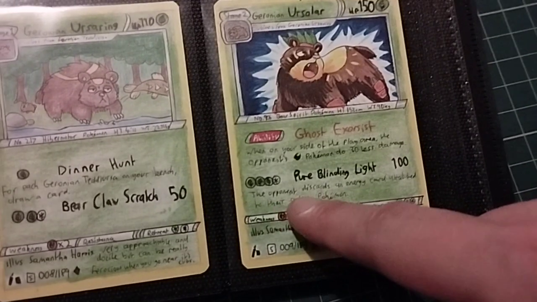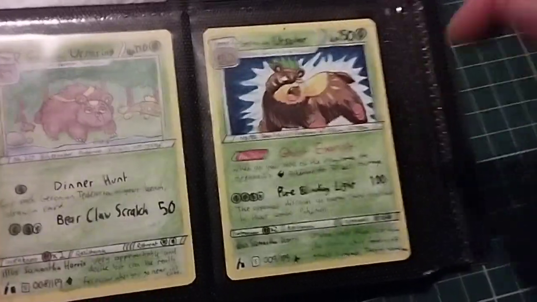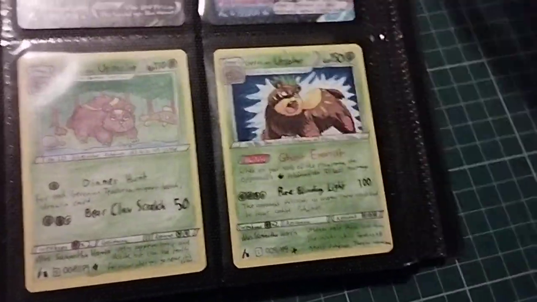Who was that one? The opponent discards an energy card attached to the... Okay, that seems fair for a 2-stage Pokemon, so...